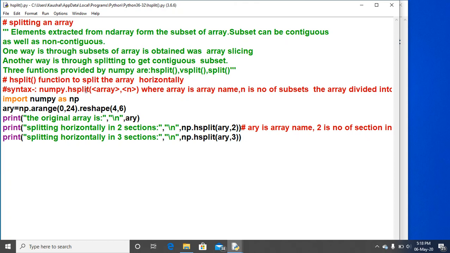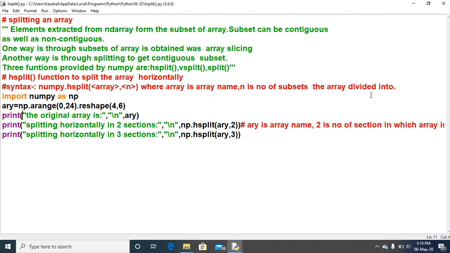Syntax is numpy.hsplit, and inside the bracket we will provide the name of the array, and then after a comma, n. What is n? Just look at this line. Array is the array name, and n is the number of subsets the array is divided into.